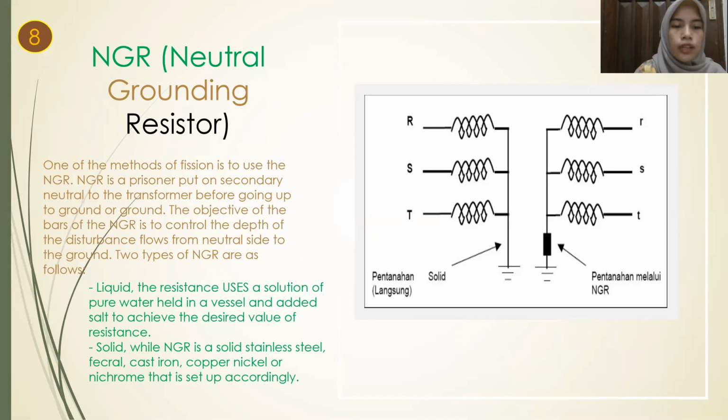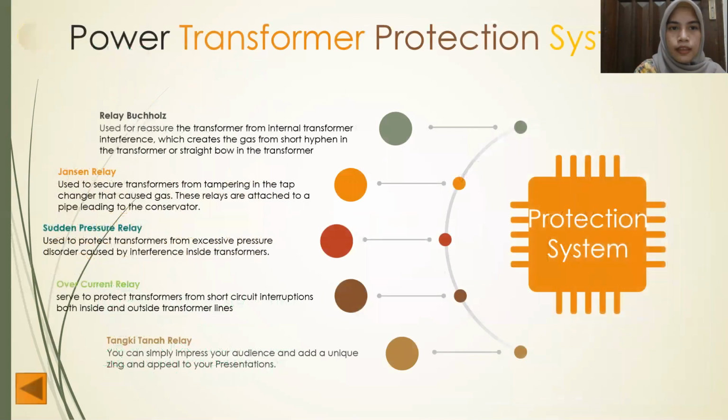Solid NGR is solid stainless steel, nickel, cast iron, copper, nickel, or nichrome that is set up accordingly. Power transformer protection system: relay coils, Buchholz, sudden pressure relay, over current relay,